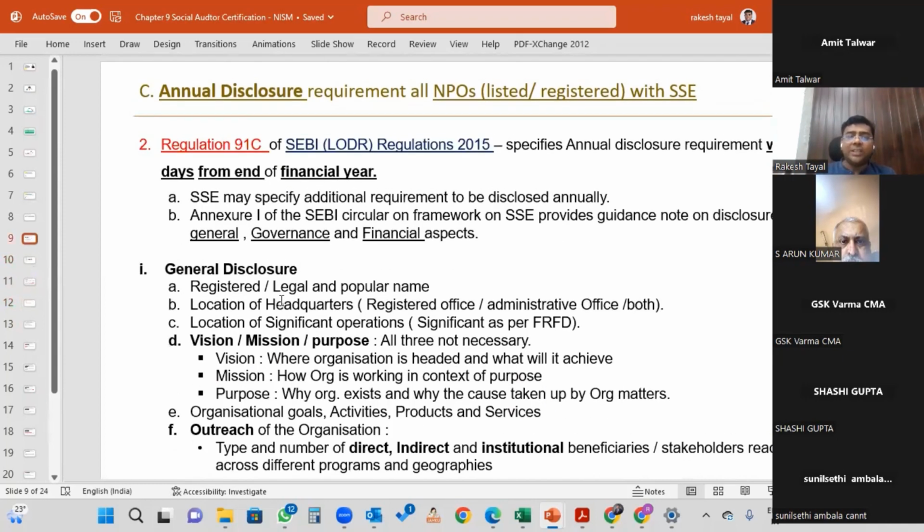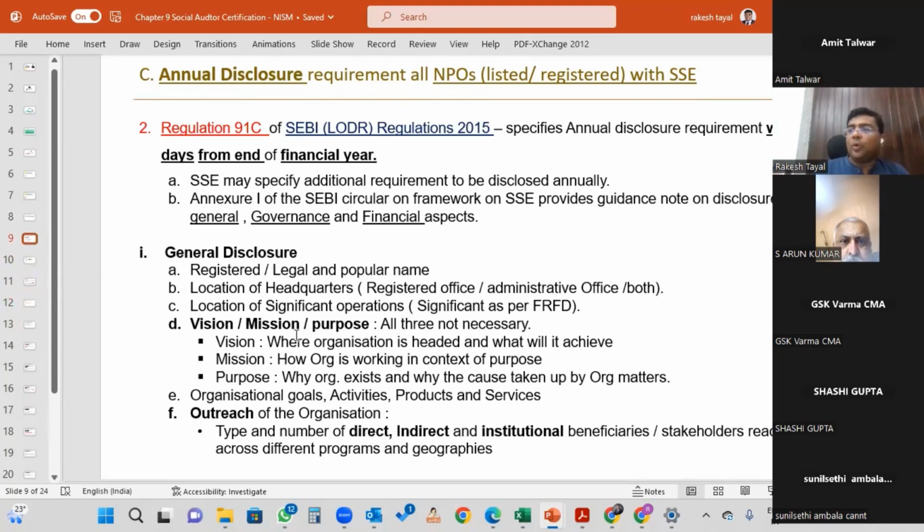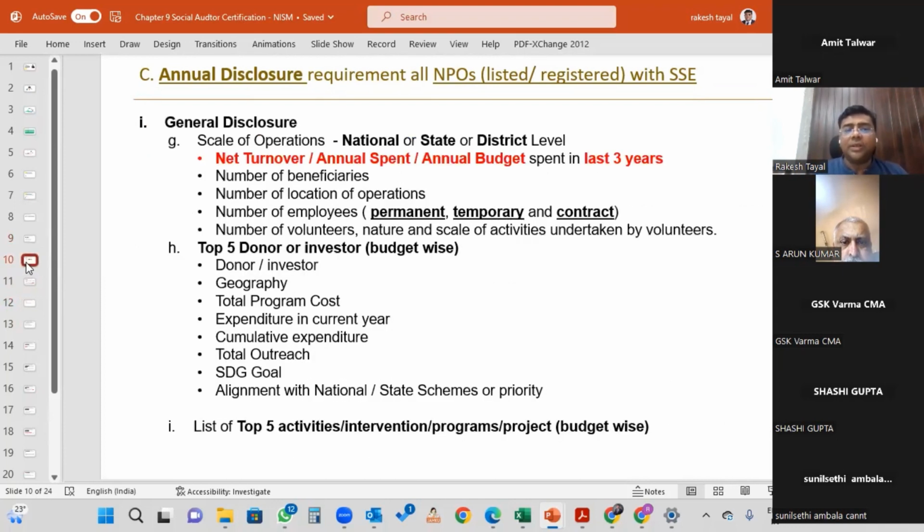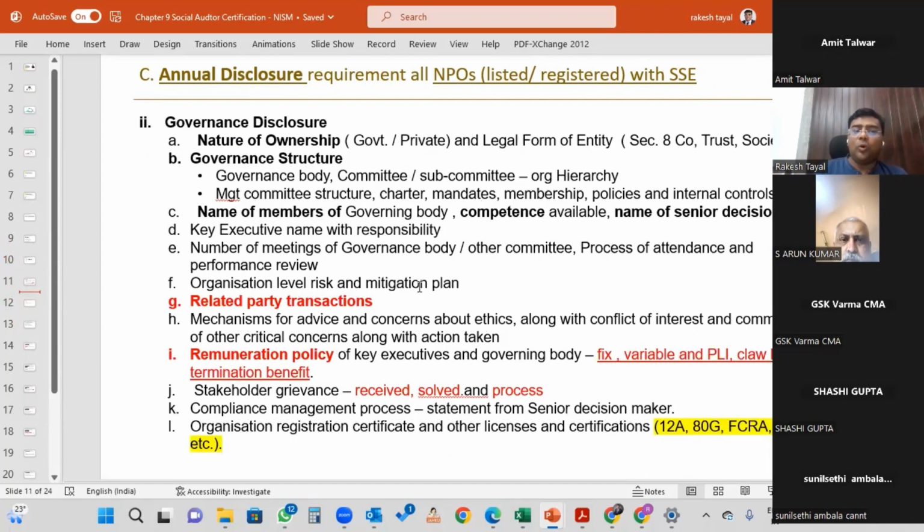In the general disclosure aspects, we have to go by registered and popular name, location of the headquarters, location of the significant operations, vision, mission, purpose, the goals, outreach of the organization, scale of operations, details of top 5 donors, investors and the activities. In the governance disclosure, we have to go by the nature of the ownership, legal form of